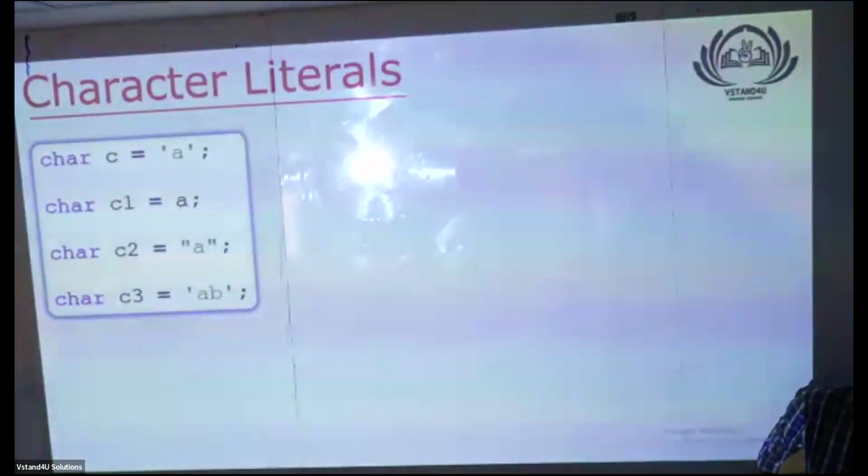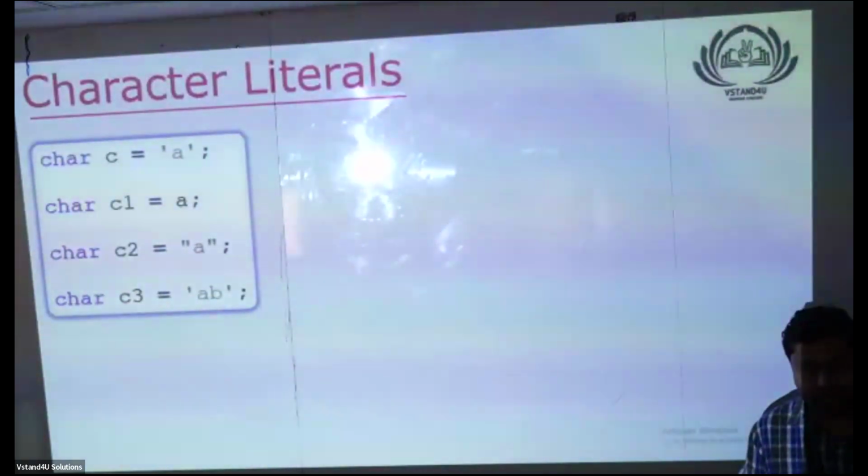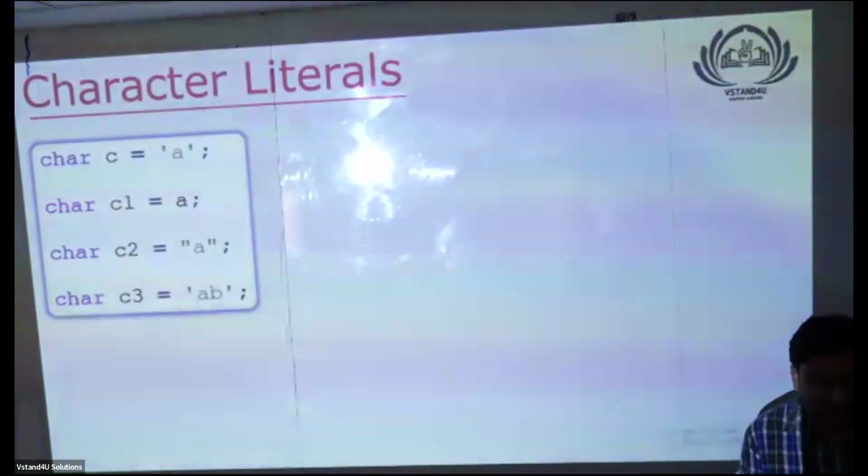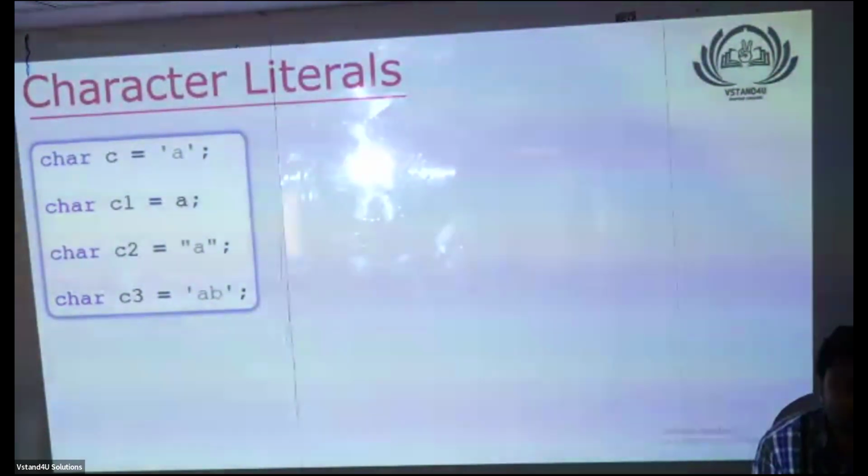If you're not practicing it, nothing is going to happen. Humble request, if you're not ready to practice well, I am helpless. You decide. You want to sit like this, the way you had been doing in your engineering or your school days, whatever. You have learned programming somewhere, CS and IS people. You want to learn like that, or you want to really learn?